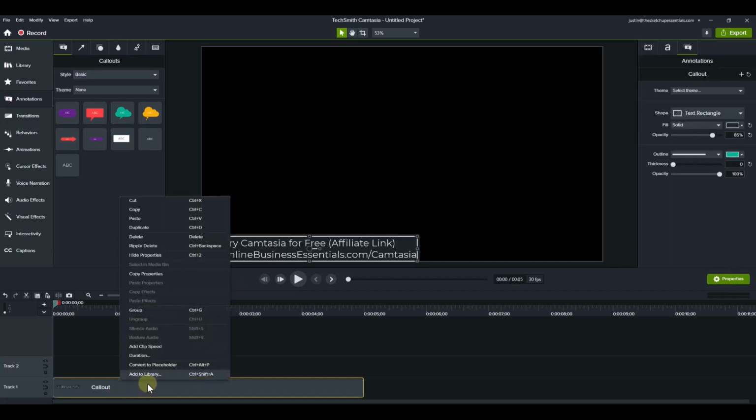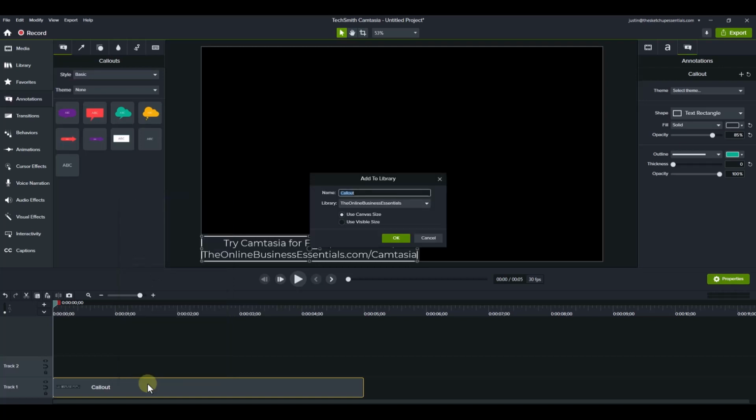and notice how when you right click on it, there's an option to add to library. And so what I want to do is add that to my library right here. And so when I do that, it's going to give me the option to select where that goes. So in this case, I want that to go in this Online Business Essentials. We're going to go ahead and call this annotation dash Camtasia affiliate link. And usually I go with the use canvas size for the option right here, but we're going to